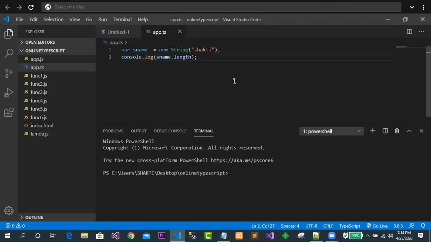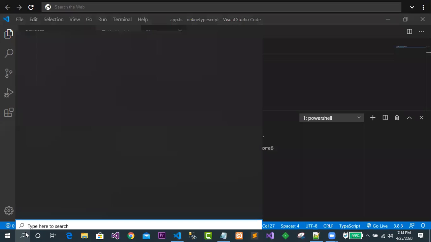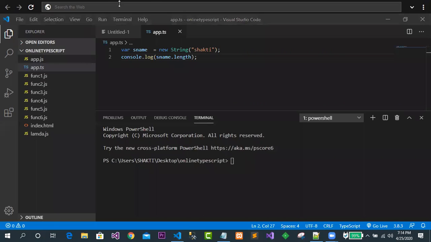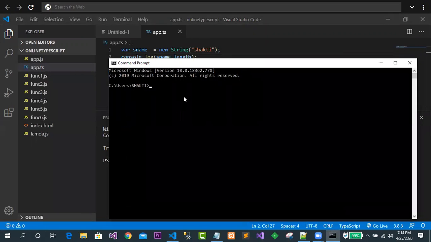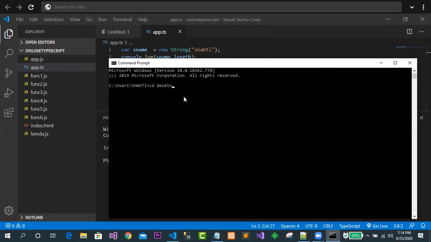Those having a problem compiling and running this project in the terminal can also move to the command prompt. Don't worry, guys. Let me come to the command prompt. Now in here I will open the desktop, because on the desktop I have a project. The project name is online, this is my folder name, online TypeScript.